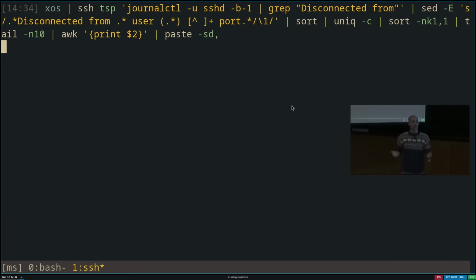Well, just trust me that this would have printed the comma-separated list of the top 10 usernames used to try to sign into my server, none of which are my name. They're all spam connections. Yeah? Oh, I was going to ask if this would still work if you called unique without -c and then didn't do the op. And then I realized that the counts are there. Yeah, if you did unique without the -c, you would just end up with the unique names without knowledge of their counts. Yep.